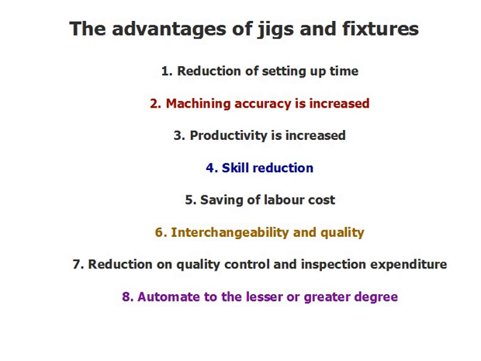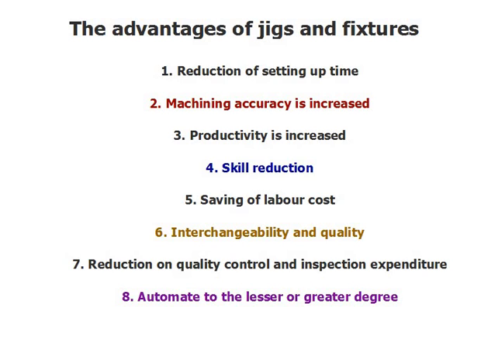Productivity is increased because it eliminates the individual marking and positioning. Also, the jigs and fixtures permit the use of high cutting speed, feed rate, and depth of cut during machining operations. Fourth advantage is skill reduction. Of course, no need for a skilled worker or labor for setting up the work. The fifth advantage is saving of labor cost because highly skilled labor is replaced by unskilled labor, as their work just involves loading and unloading.